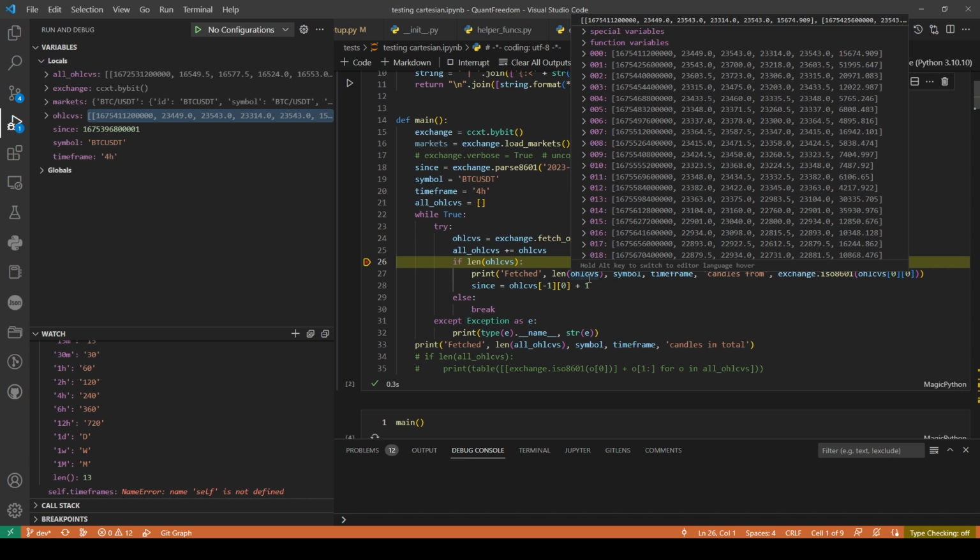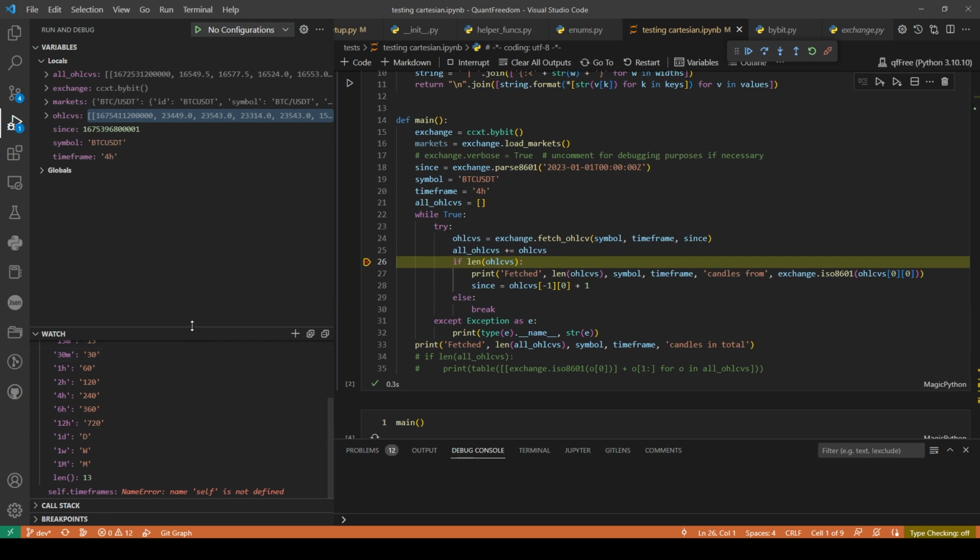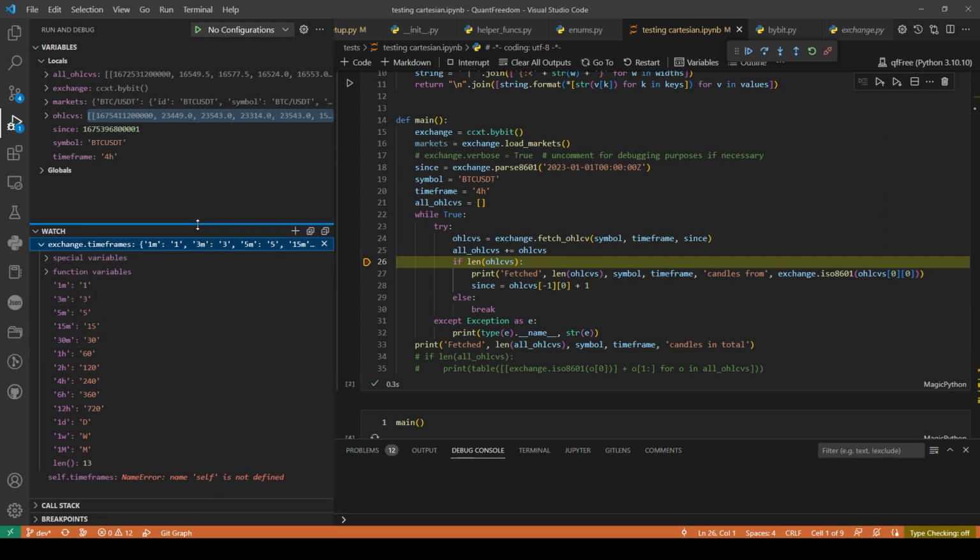I think I need to convert the minutes into milliseconds. And then, so I would need my own thing like this that counts how many milliseconds are in a month, a week, a day, 12 hours, 6 hours, 8, all this stuff. I'd need to create that. And then